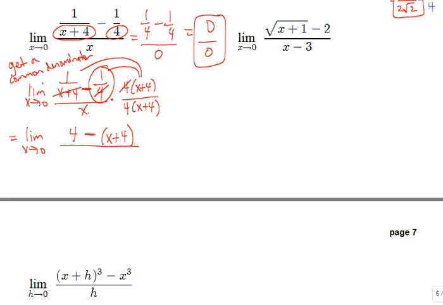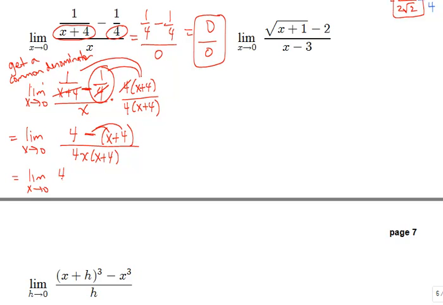It's better to just group all three of these next to each other, and you can put them in any order you like. I like to put the 4 first, then the x plus 4, but it doesn't really matter what order you have them in. Just make sure they're all accounted for. So don't distribute on the bottom,